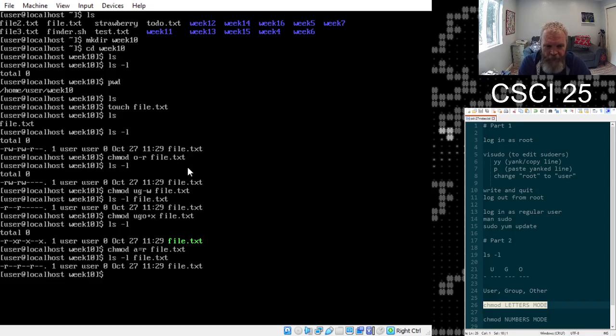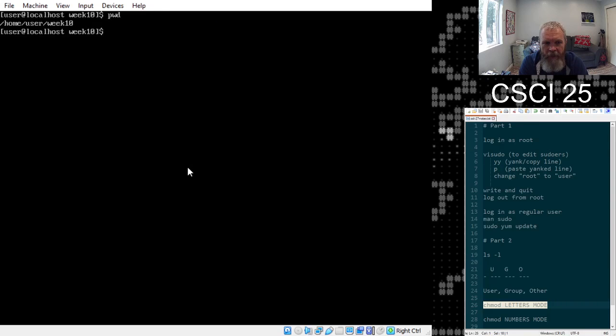Okay, so let me clear the screen. Remind you where I'm at. I'm in my week 10 folder, and I have one file in here that I have the permissions set on. The user has read, not write, not execute. The group has read, not write, not execute. Others, all others, have read, not write, not execute. And we're using letters mode,